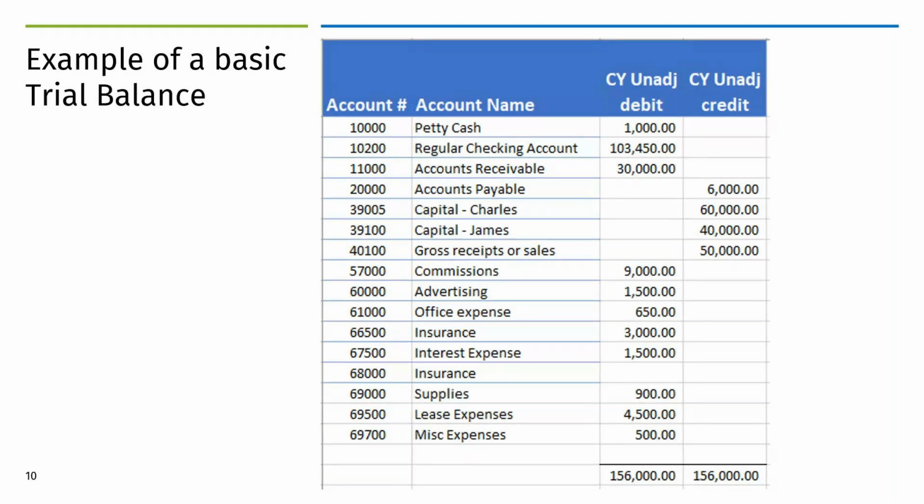In this trial balance, we've got the petty cash, accounts receivable, accounts payable, and you'll see the capital accounts. There are two partners in this partnership. There's Charles and James, and it pretty much looks like Charles has about a 60% interest and James a 40% interest in this partnership. So Charles is going to be reporting on his 1040, 60% of the profits and losses